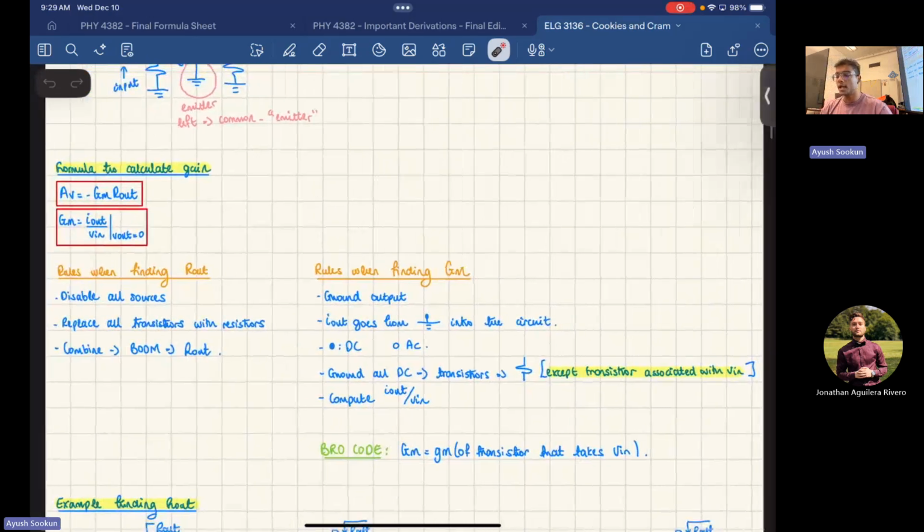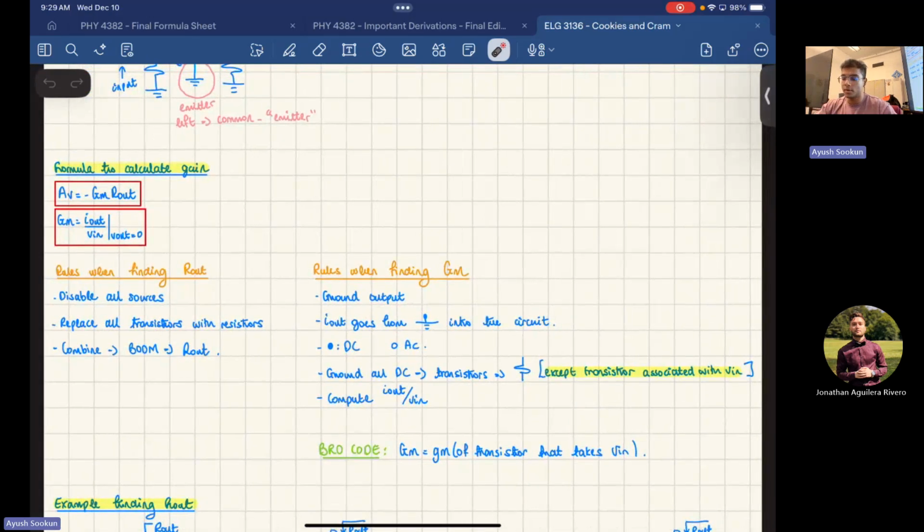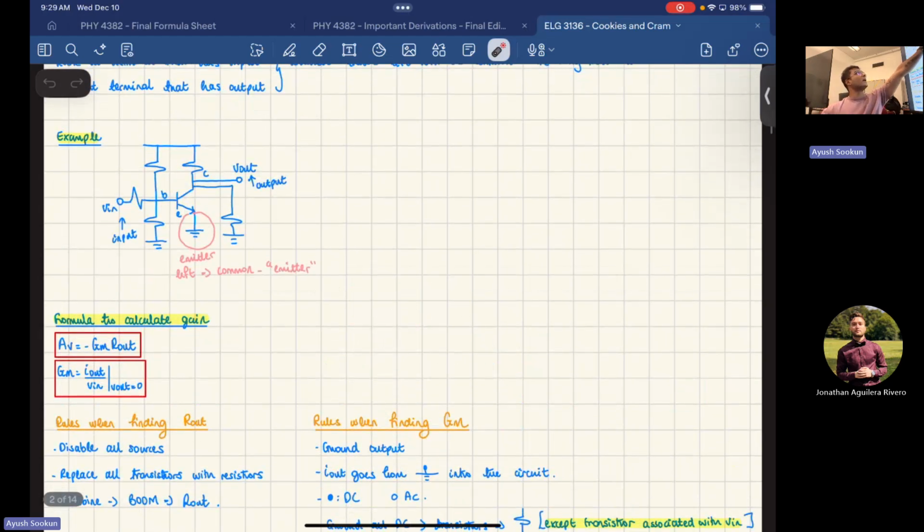One way to calculate gain in this class, as you guys have seen already, is just AV, which is equal to minus GM R out, where GM is just the transconductance of your circuit. So you go to the output, you input a current here, you give an I output inside of the circuit,